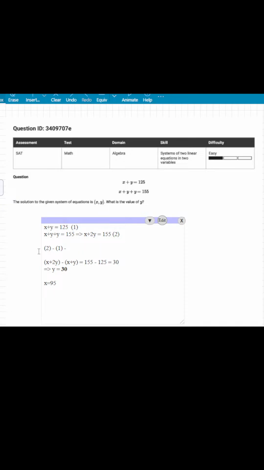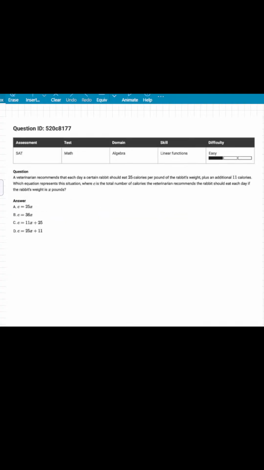Okay, now let us move to the next question. This is question number 5. Yeah, this is the next question. It is a question based on linear functions, and it is an easy difficulty level question. So we have a word problem here, and we'll have to express it in terms of a mathematical formula. So the question is,